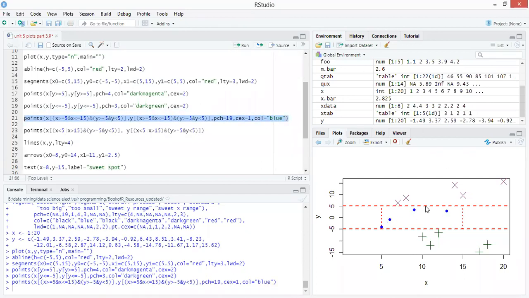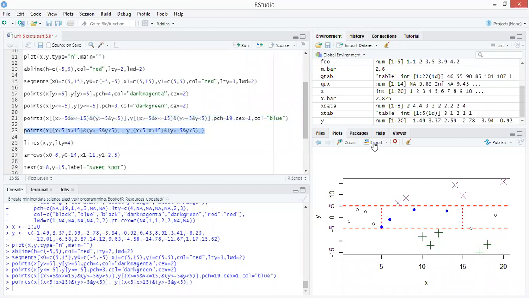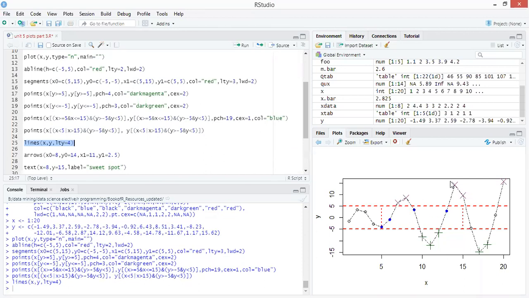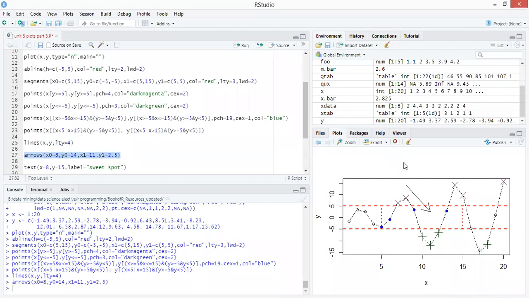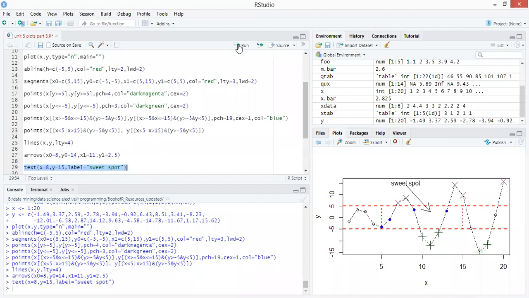So now we have different points that lie within the segments. Now these are the remaining points. Now there is a need to join a line for all these points. So there is a line that joins all these points. Now we have an arrow that points within the region. Now the text of the arrow is given.